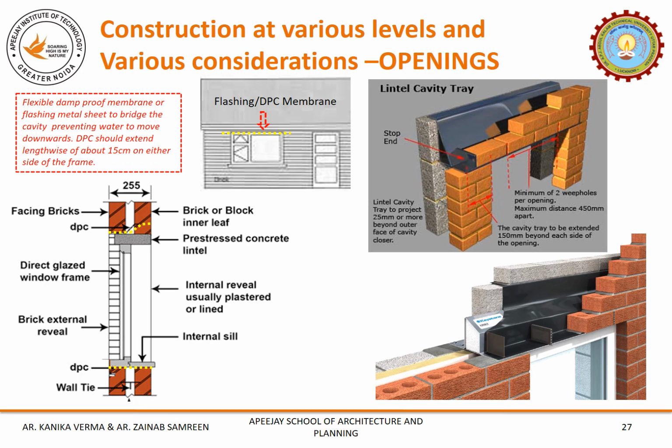So, a flashing element of metal sheet or a rubberized sheet can be given right above the lintel to direct the water towards the weep opening or the exit. You can see in the right top corner image where a bent metal sheet has been placed on top of the eye girder, which is working like the lintel here. Minimum 2 weep holes have been given or marked here for each opening, keeping a maximum distance of 450 mm apart to let the water go away from the cavity.